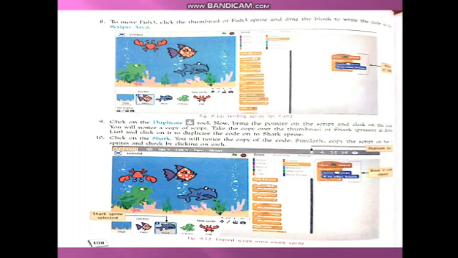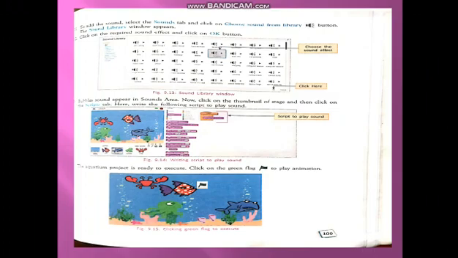Next, to add the sound, just select the sound tab and there you choose the sound from the library button. The library window appears. From that you select any one and click OK. And next, the bubbles sound appears in the sound area. Then click the thumbnail of the stage and then click the sprites tab. Here you can write the following script to play the sound.